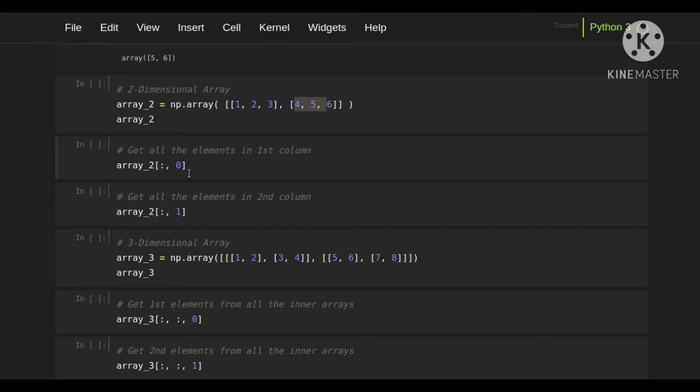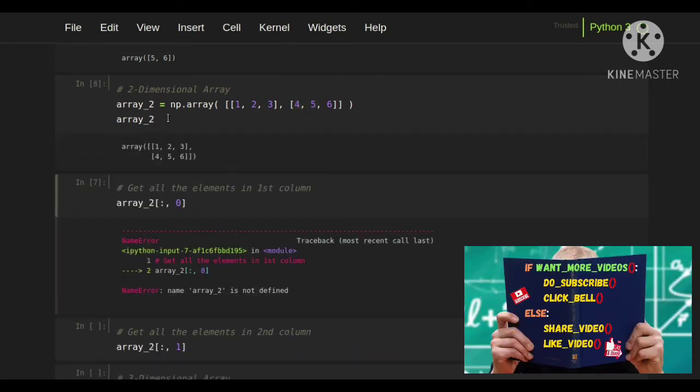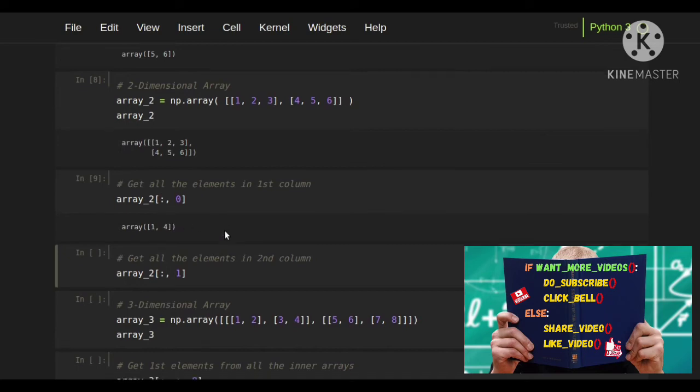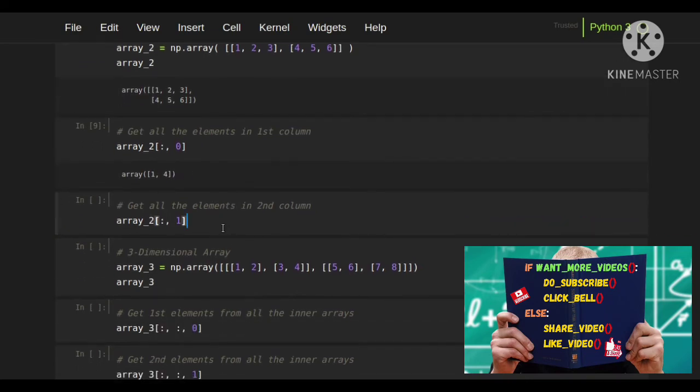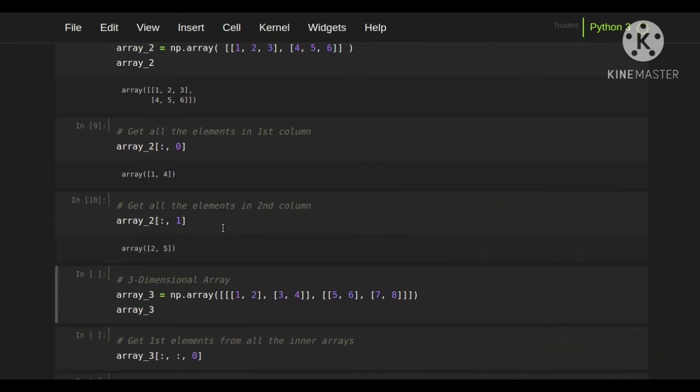For all the rows I have mentioned a colon here, and for accessing the first column I have mentioned 0. This will access the first column from this array. This is how we retrieved 1 and 4, and similarly we can retrieve the second column elements too. 0 represents the first column, 1 represents the second column, and we can also give 2, which mentions the third column and returns 3 and 6.